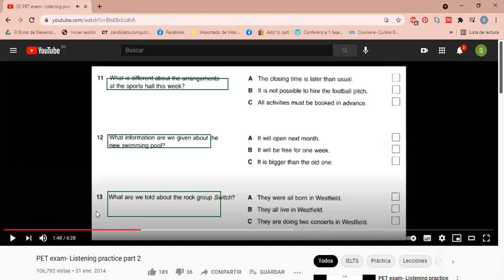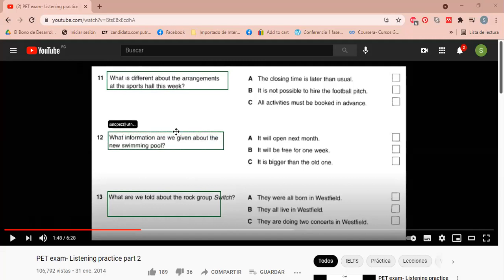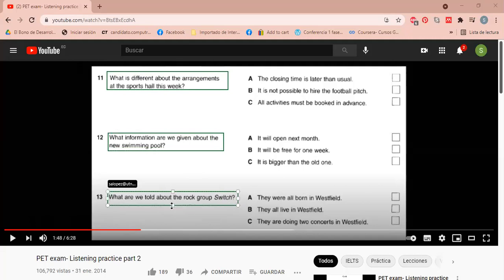Okay, guys. So, as you can see, the record is longer. Sí, el audio es mucho más largo y tenemos 3 preguntas más que aún no habíamos leído. Sí, generalmente en esta parte del listening, las respuestas van a ir saliendo en orden. Es decir, que como nos van preguntando, van a ir saliendo en el audio. Es por eso que necesitamos leer las 6 preguntas para tener una idea clara de cómo van apareciendo en el audio. Nos faltaban estas 3 preguntas más.